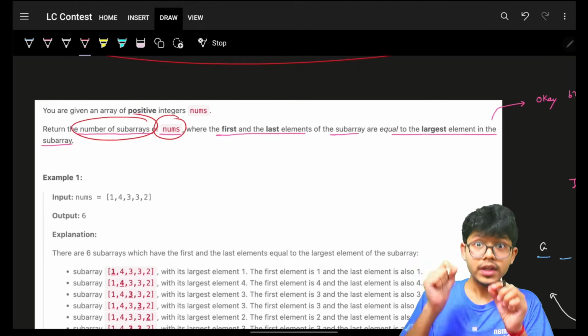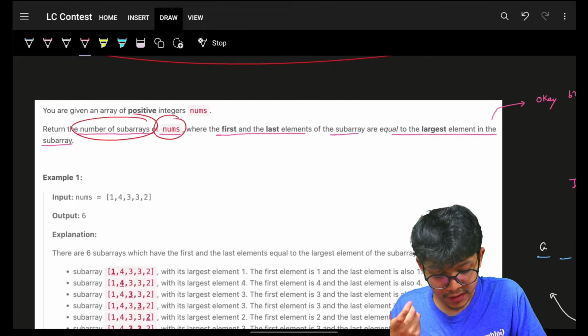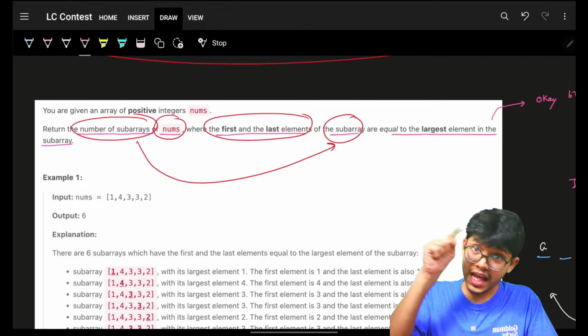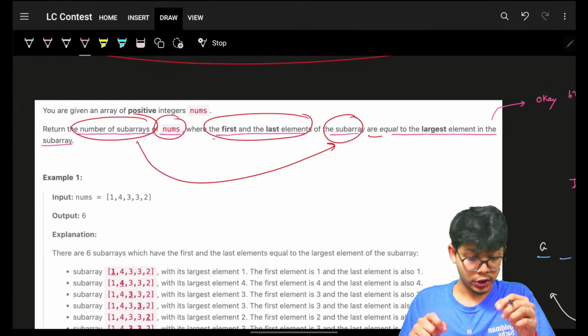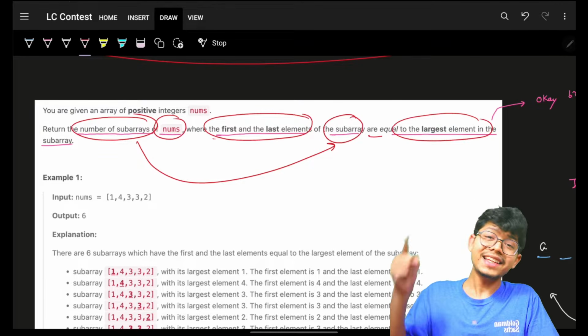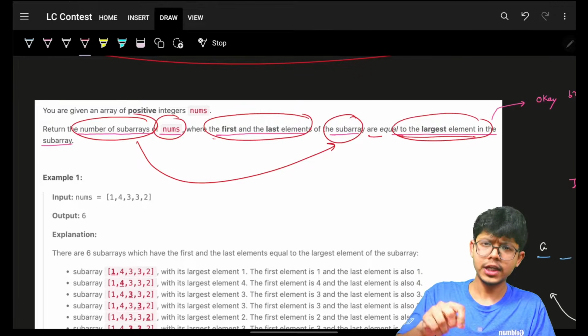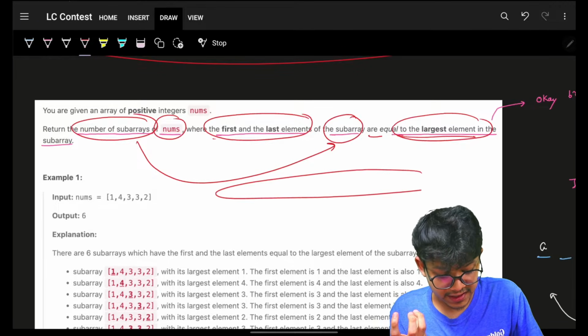Again, I will break it down. A subarray of an array is a portion of the array where the first and the last element of that specific subarray which I have chosen are equal. Also, that value is equal to the largest element of that subarray. Or indirectly, if this is the entire big array,